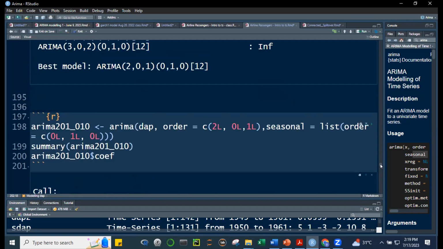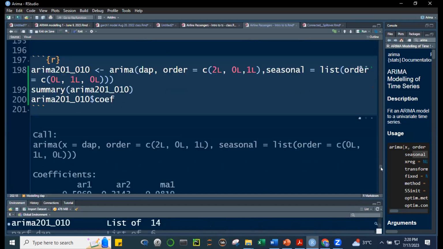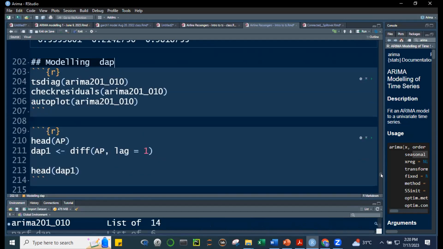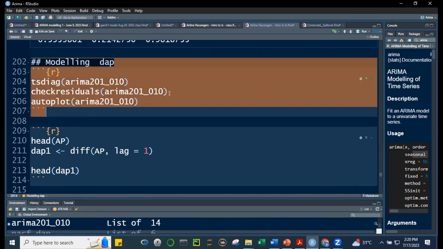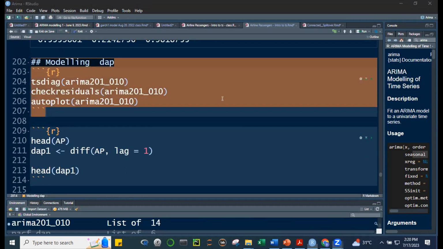Ginawa ba natin yan? This one. Right? We did this. Let me share this with you. Control C is for you to copy. Chat. Control V. Okay, paki-copy na lang siya, class. And then, when you run this,